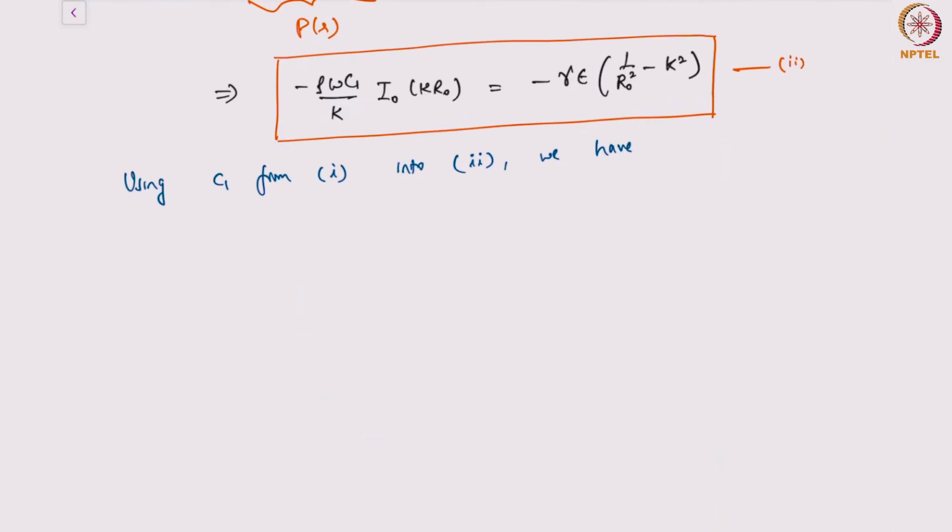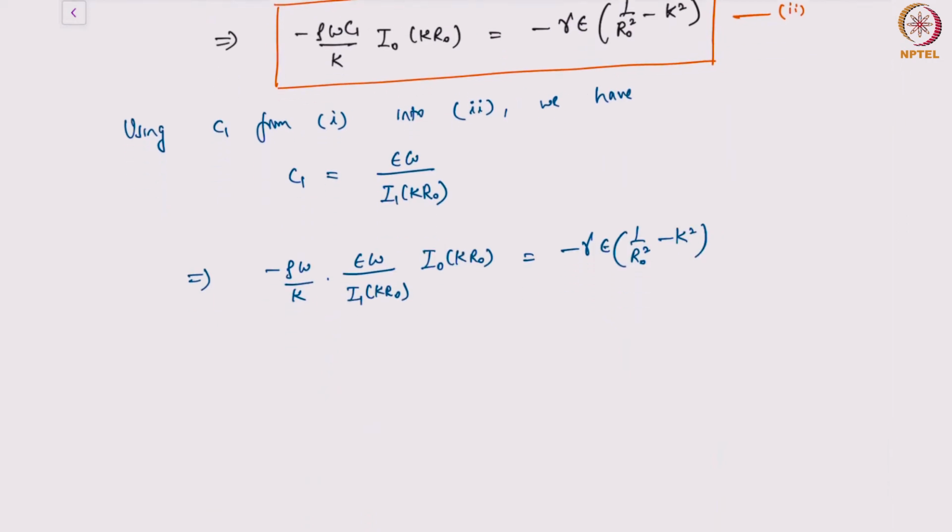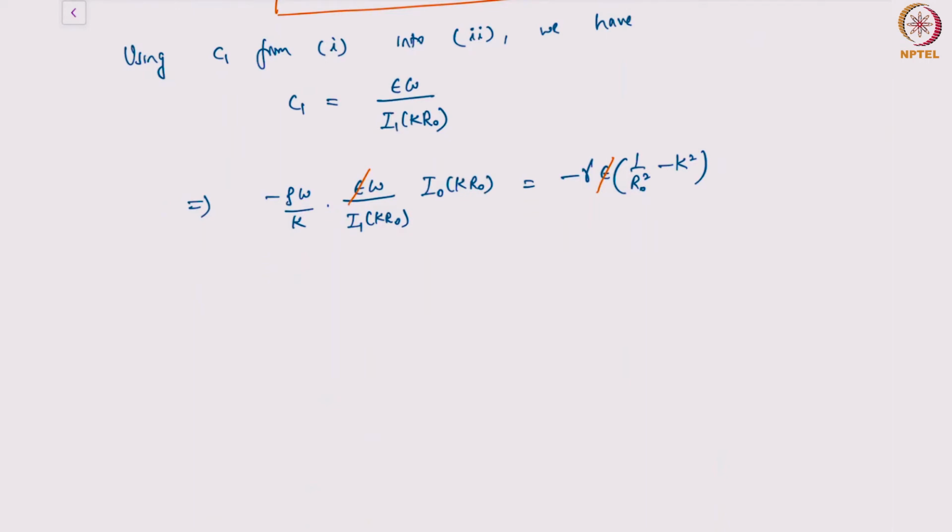what do I have here? So C1, what was the value of C1? C1 turns out to be epsilon omega by I1 of k r naught. Okay, and therefore I have minus rho omega by k times C1, that is epsilon omega by I1 of k r naught, times I0 of k r naught. This is equal to minus gamma epsilon times 1 by r naught square minus k square. Right? So again, epsilon is the amplitude. It does not matter. It should not matter because ultimately we are dealing with a linear system. So the amplitude is arbitrary,